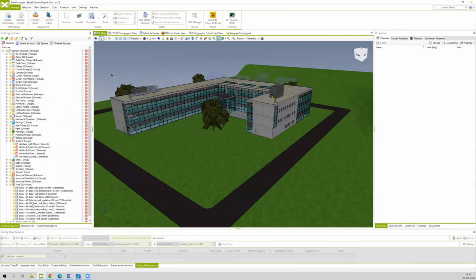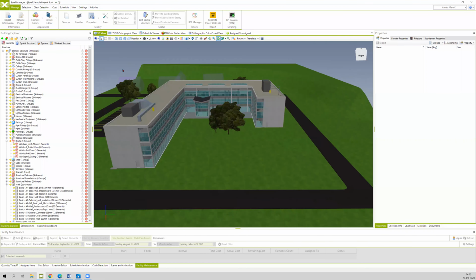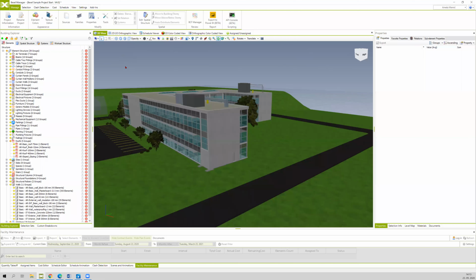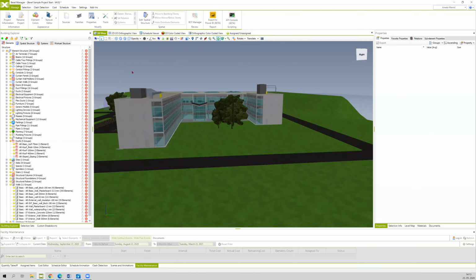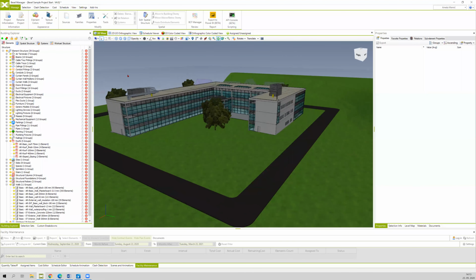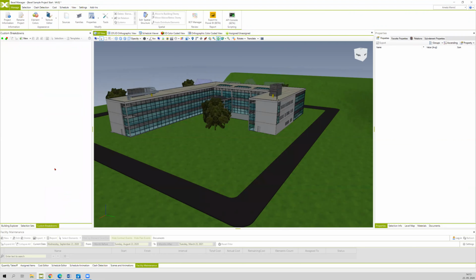And if you don't know yet, you can also import an IFC file in BEXEL Manager, because as a software, we support the Open BIM standards. And by that, we should also mention that you can also export different IFC files. So now we will go to lesson 4, which is actually